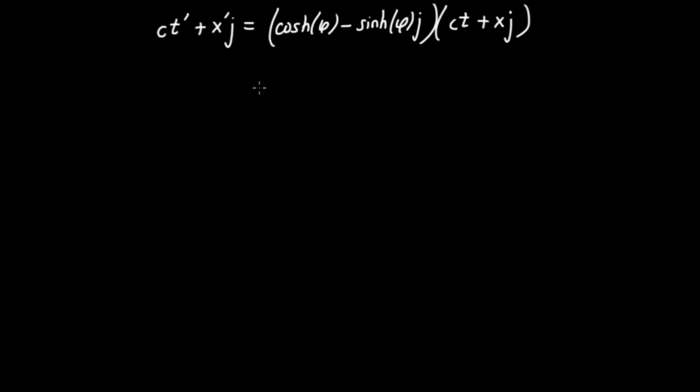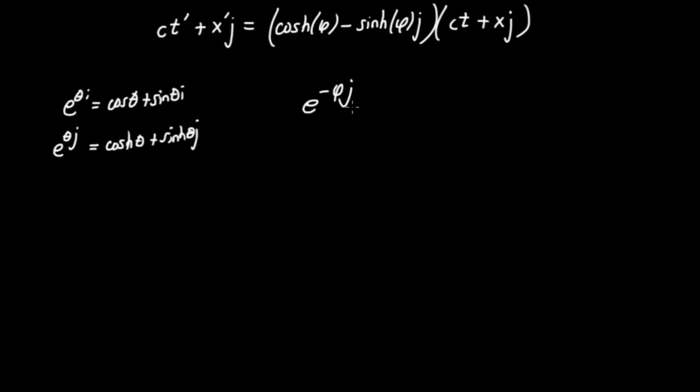Now there's actually a very neat way in which we can write this equation, and it has to do with this very special split complex number that we're getting out here, this cosh of phi minus sinh of phi times j. Now if we go back to the complex numbers, we have Euler's formula, which says that e to the theta i is equal to cosine theta plus sine theta times i. Now it turns out in these split complex numbers, if I have e to the theta times j, there's actually an analog to Euler's formula which says that this whole thing is equal to cosh of theta plus sinh of theta times j. Now with that insight, I can rewrite this split complex number here as e to the minus